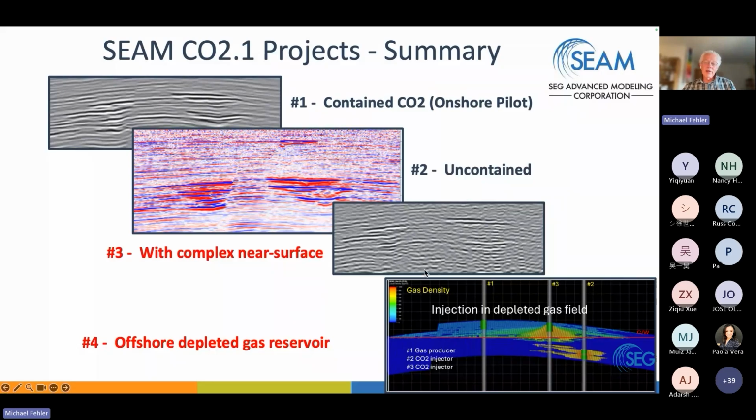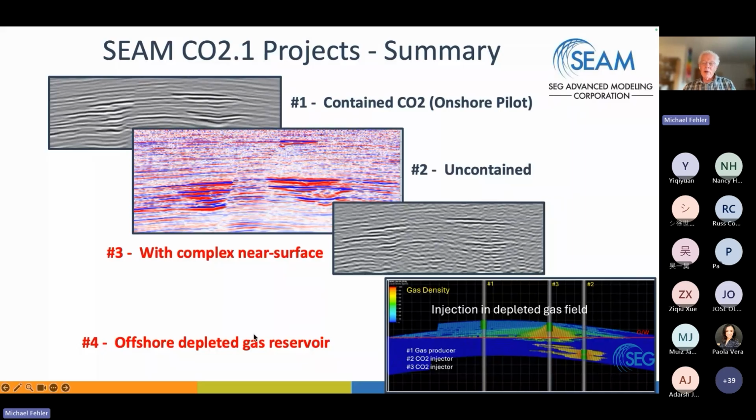More recently, the bottom two slides are figures of things we've been working on more recently. Our first geophysical simulations were fairly noise-free, and we realize that they aren't necessarily realistic or present realistic challenges for imaging of CO2. So we've been working more recently on introducing more complex near surface, doing simulations with a free upper surface. I'll go through the work that's underway now, to try to make the data a little bit more realistic.